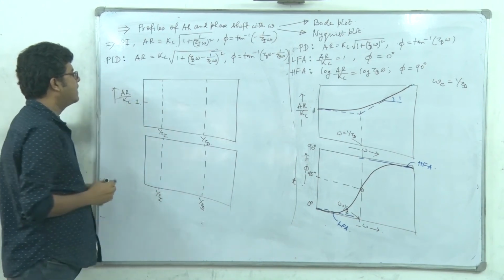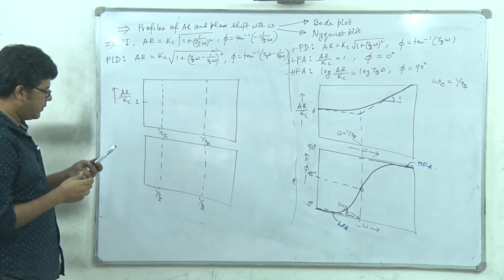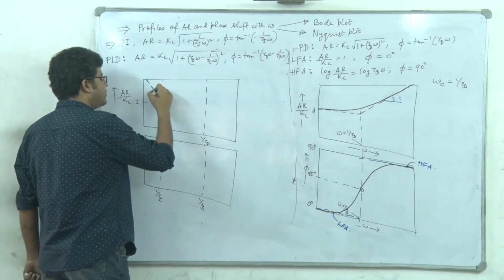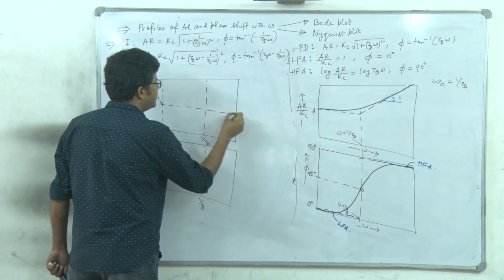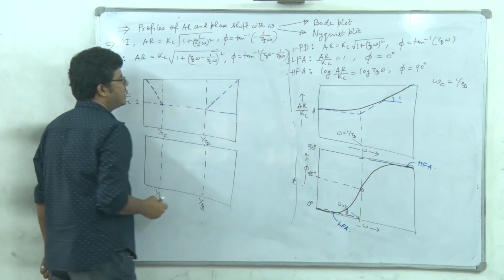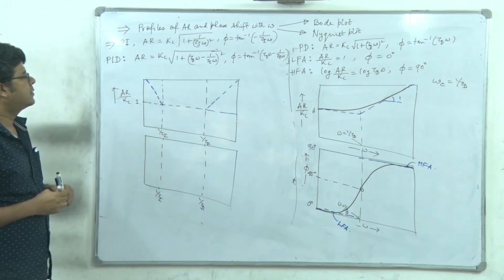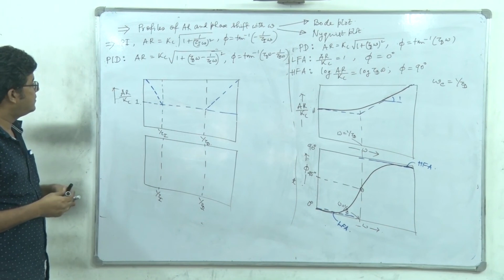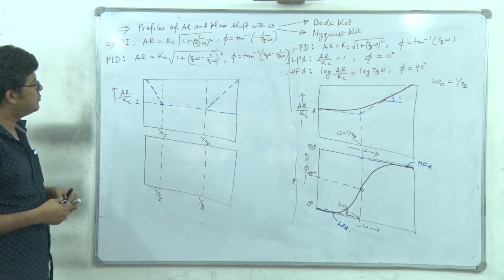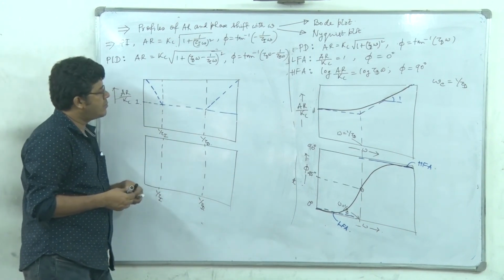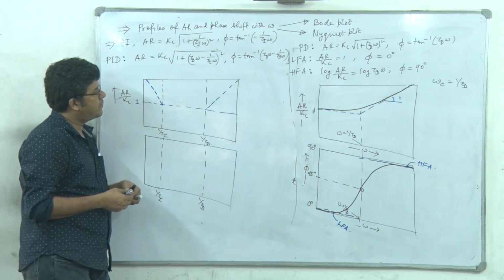So you see, for PI it was like this, for PD it was like this, right? So the thing is, actually you see that here in Bode plot, if we